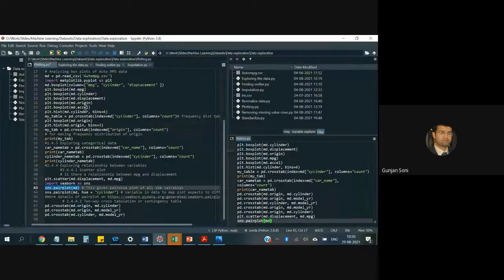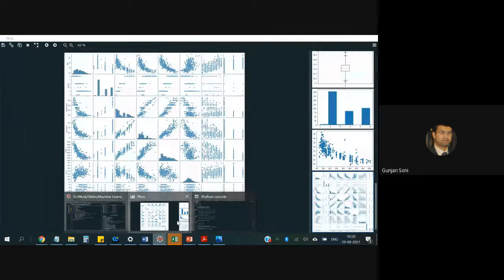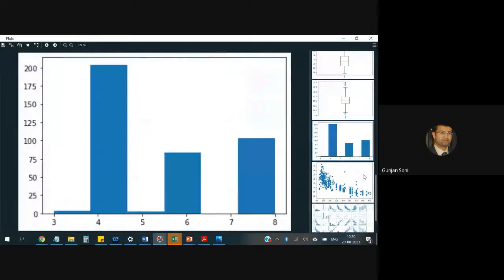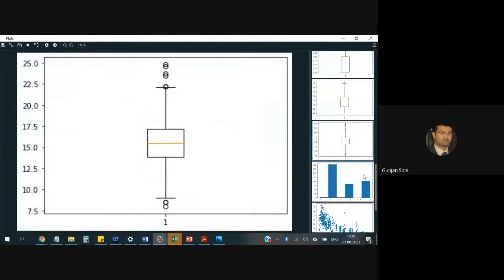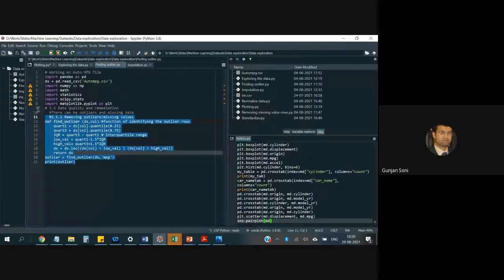How do I find out the missing data? And before that, let's find out the outliers. I forgot to talk about it. Can I find outliers for MPG data? We have already seen outliers in MPG in the plot that we made. Miles per gallon, I think this is the one. What are the values of these outliers? I've seen that the outliers are there, but I want to know the values also. So print outliers.